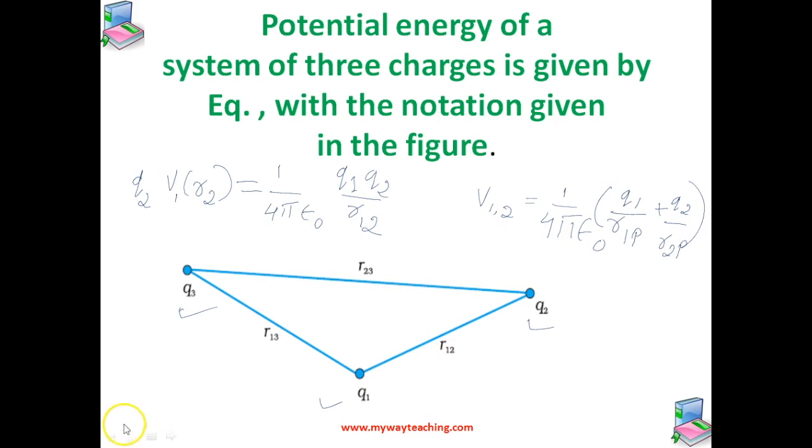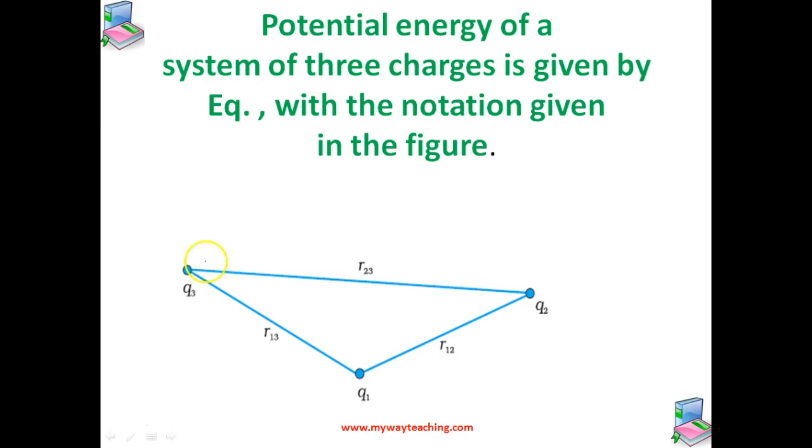So that expression is given by, in bringing Q3, 1 by 4 pi epsilon naught, Q1 Q3 by R13 plus Q2 Q3